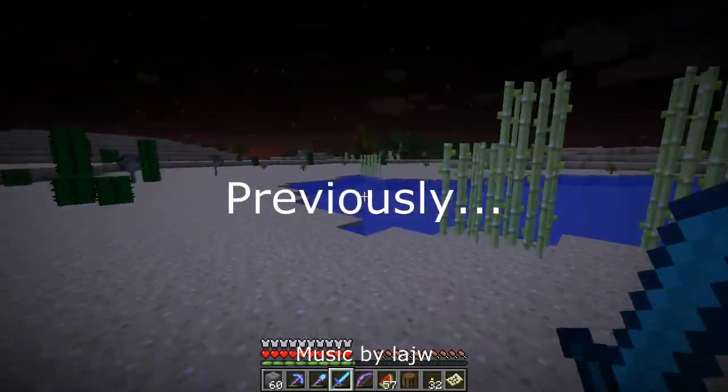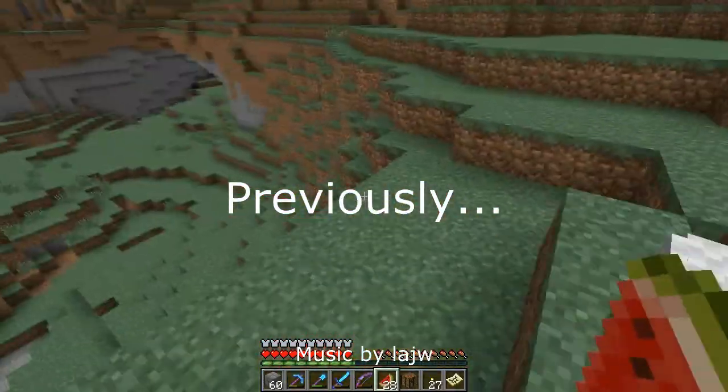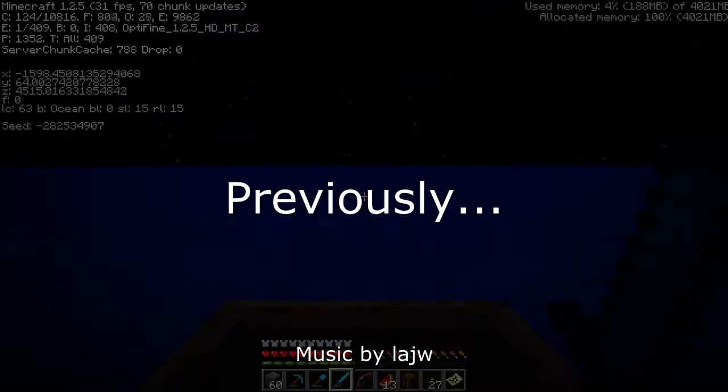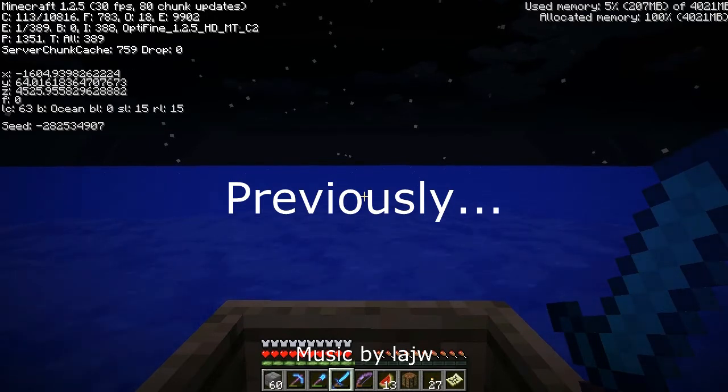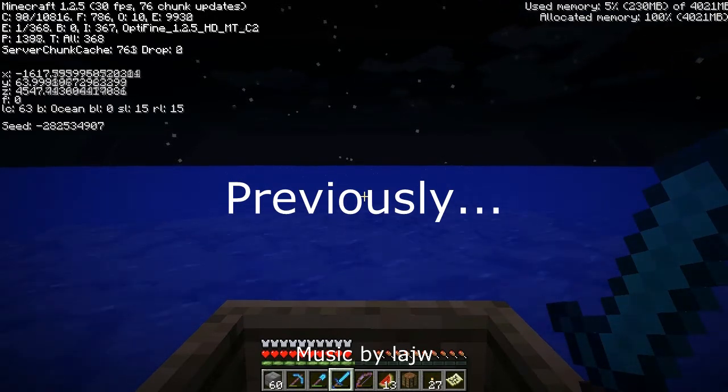Oh, birch trees. Here we go. Let's go over and grab some of those. Eat some melons. Spit out the seeds. Spit on the ducks. 20.25. And then you square root the...